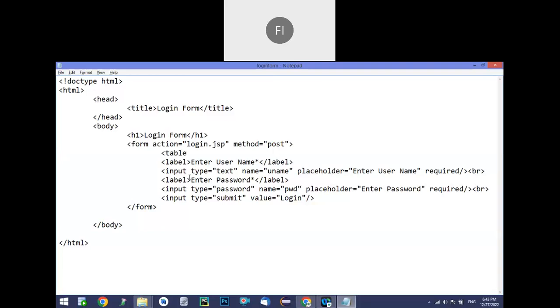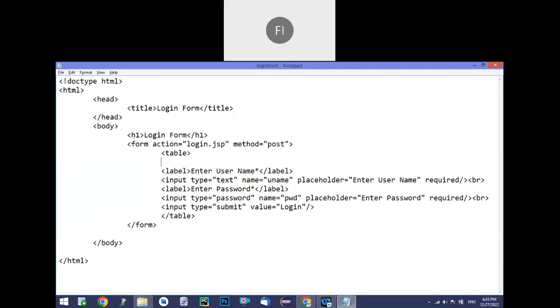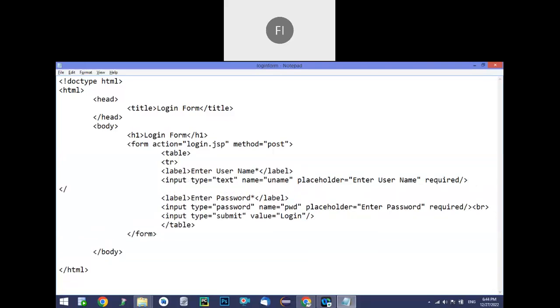we can align the content in rows and columns. So likewise we can align the content here also. So table, and under table each one you can define as a row. So that is tr, no need of break now. Tr,